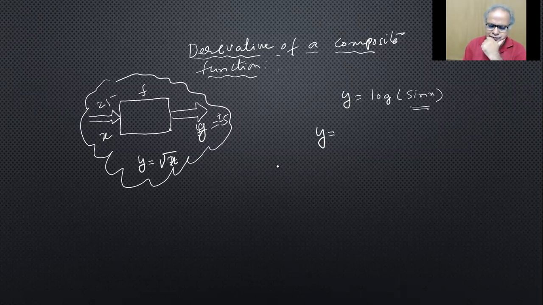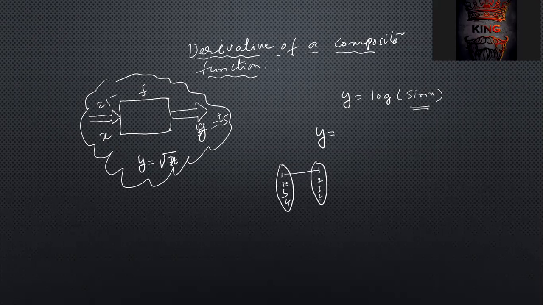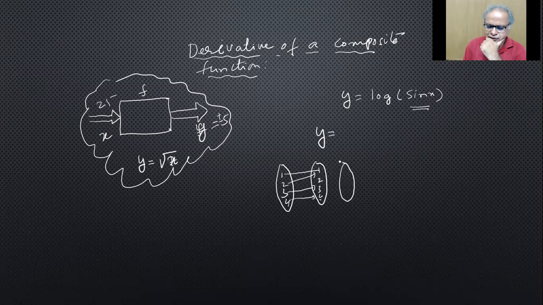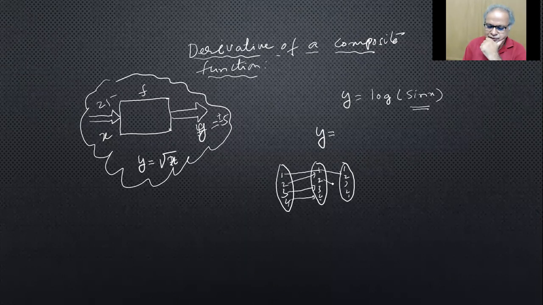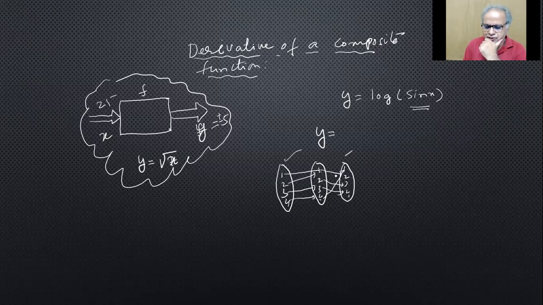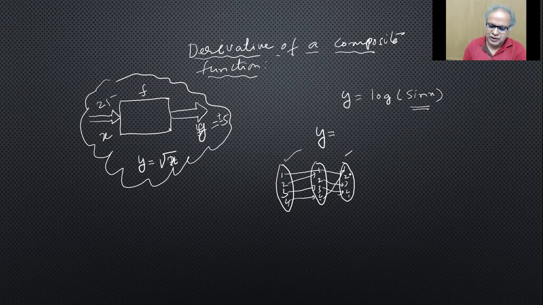Like the mapping will be done from here to here first. Some 1, 2, 3, 4 you can have. Some 1, 2, 3, 4 you can have. And one more, you can have some 1, 2, 3, 4, whatever it is. So this to this, this to this, this to that you can have. For example, from here to there you can have. So now just from here to here, how it is mapping, you can see. You can remove this and show directly from here to here. That's what you mean by a composite function.